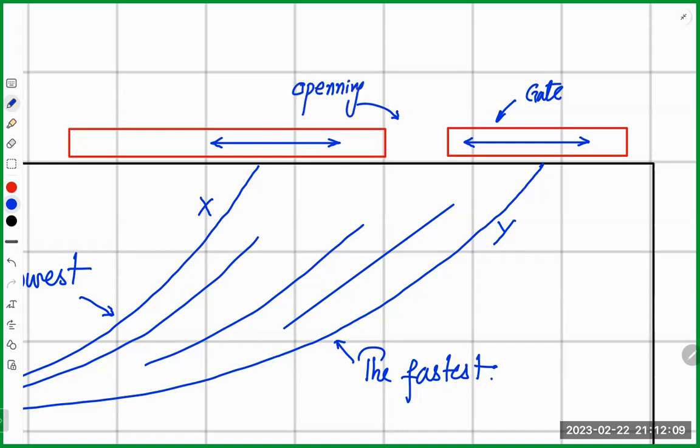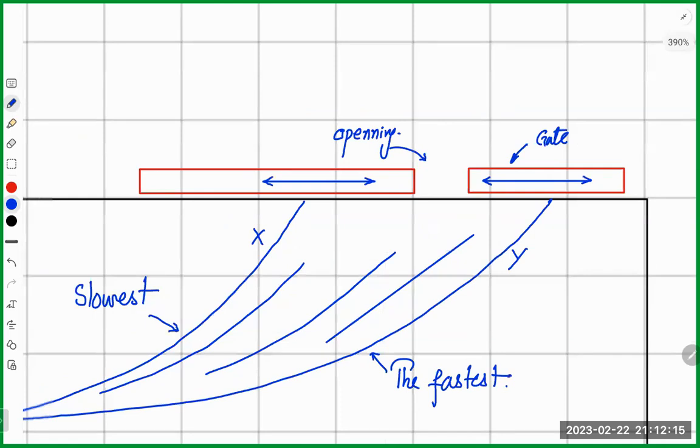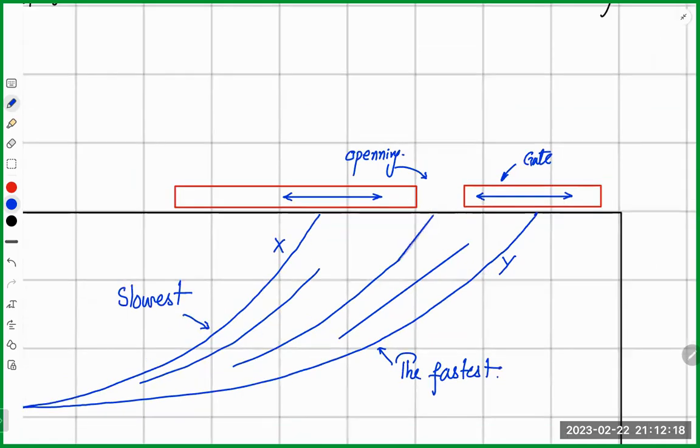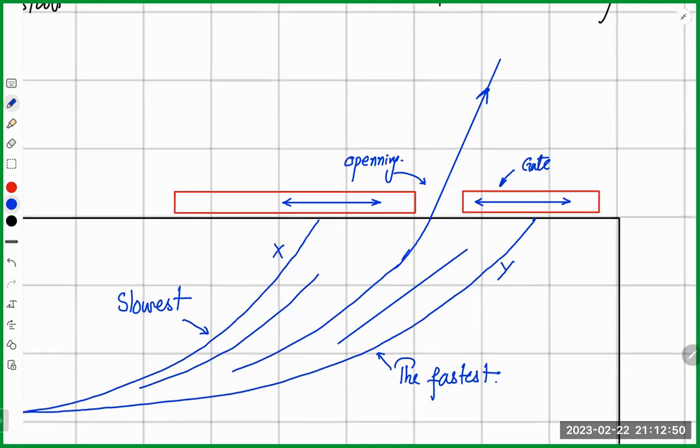So what will happen is specific charged particles with one particular specific speed will manage to come out. And remember, when they come out, they have no other reason to change their direction anymore. They will start moving in a straight line. As soon as the charged particles come out of the magnetic field,